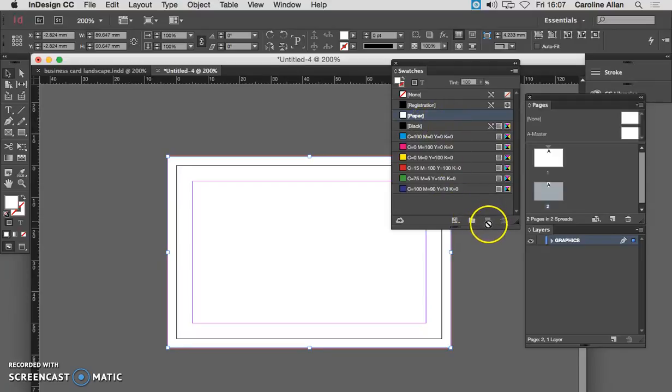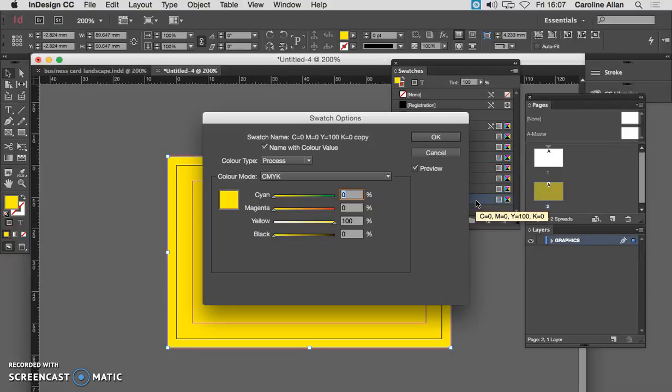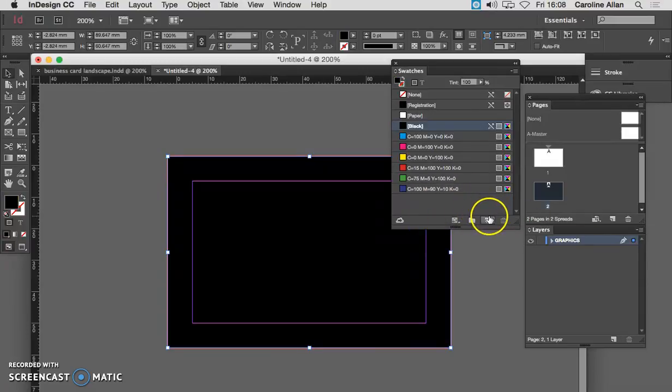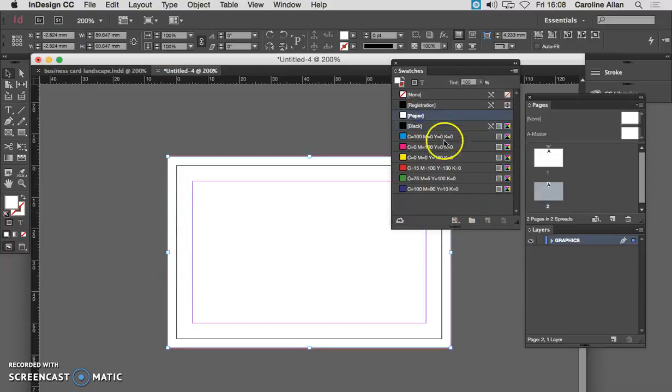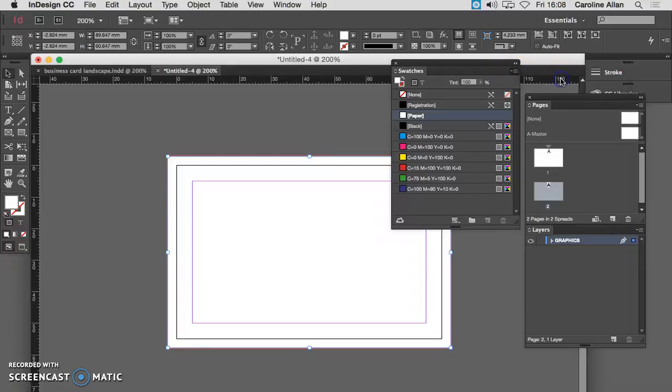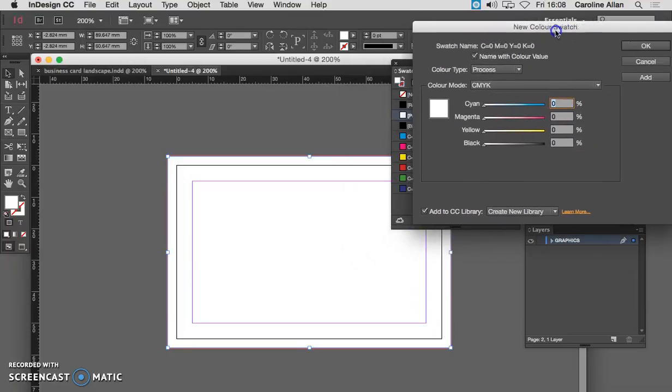Now, I did say use the new color symbol down here, the new swatch symbol, to get your new color. But if you're not in a color, you won't be able to do that. You can see if I've colored something, then I can create a new swatch of the same color. Then I can go in and make changes. You can instantly make, let's go back to paper, you can instantly make a new swatch out of it by just simply using the flyout menu, new color swatch. And then